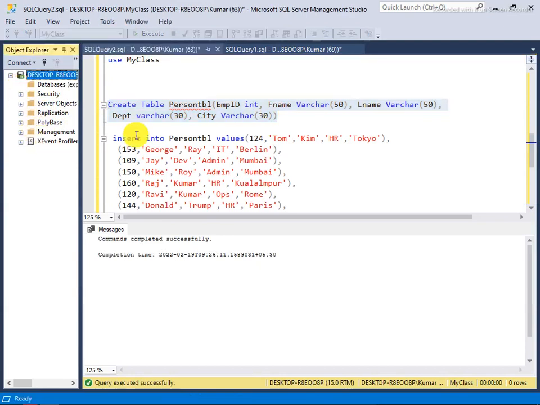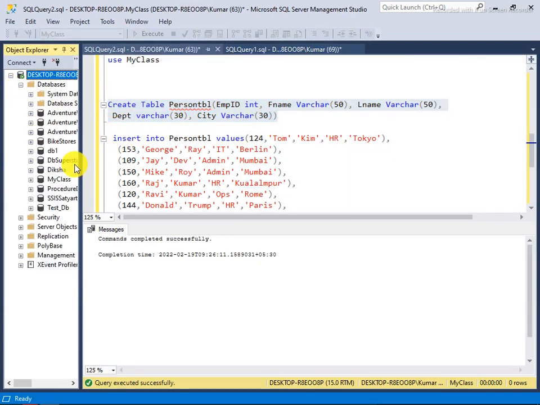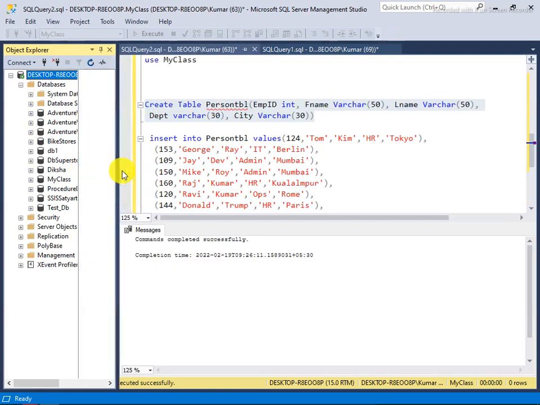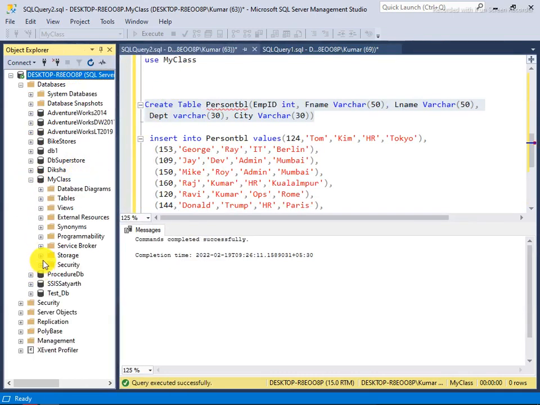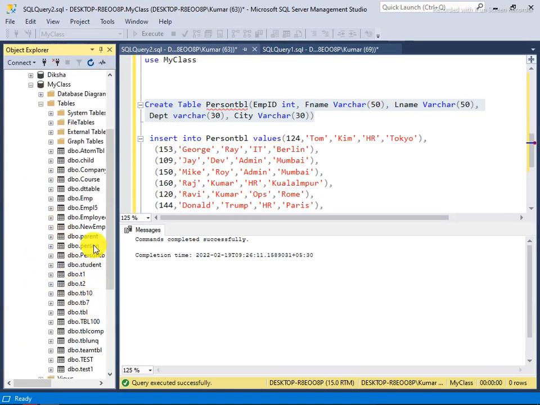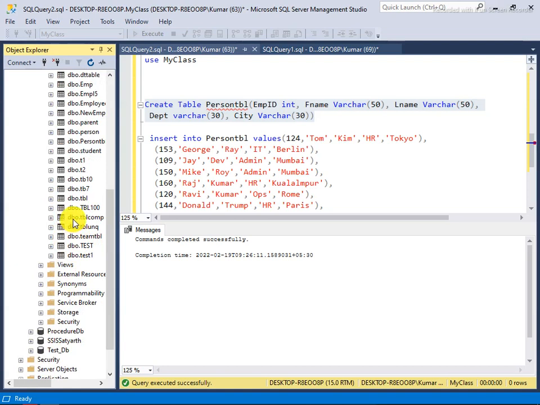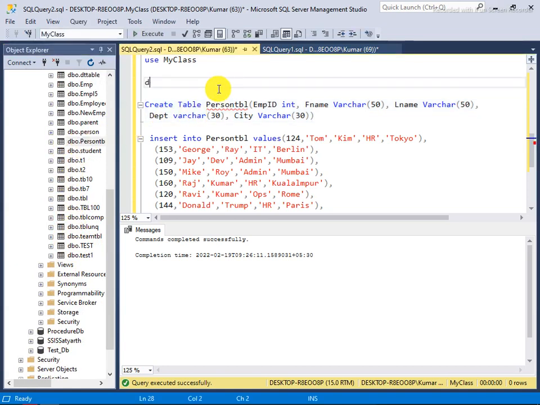I open the database, which is the person table inside of my class. Now the table name is person table. Okay, so the person table already exists, so firstly I will drop the table, person table.